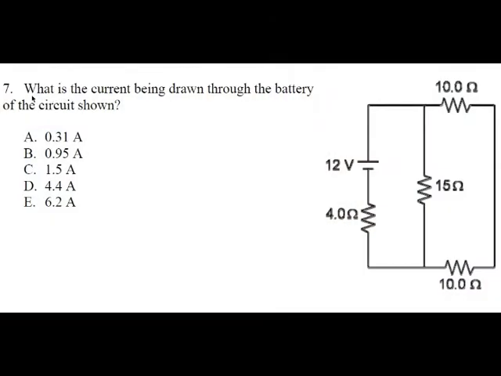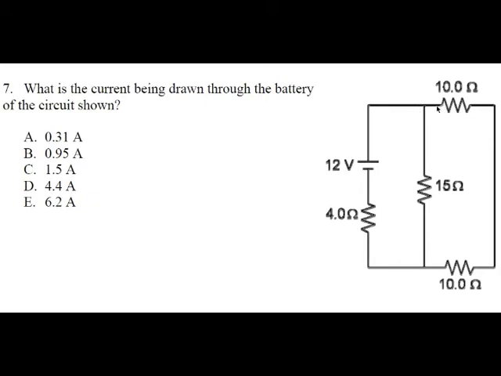So first, let's carefully read over the question. What is the current being drawn through the battery of the circuit shown? So here's a circuit. We've got a 12-volt battery. So the current comes out of there, hits a junction, where it can either go down through a 15-ohm resistor